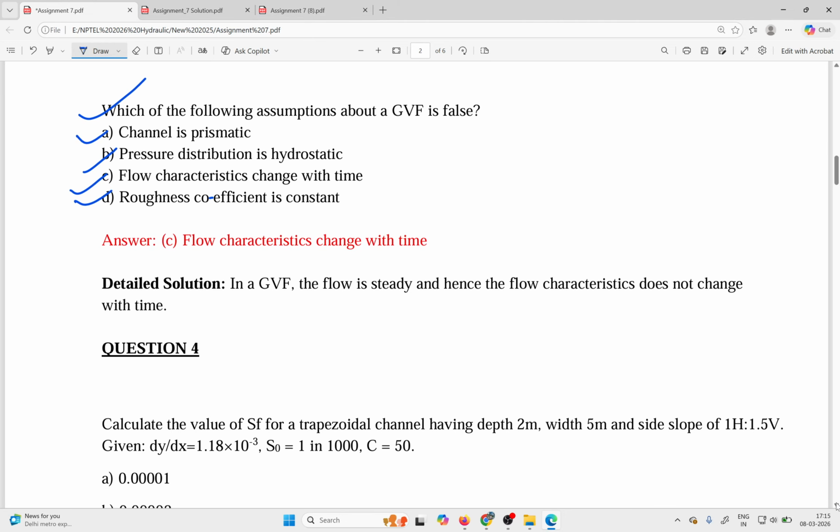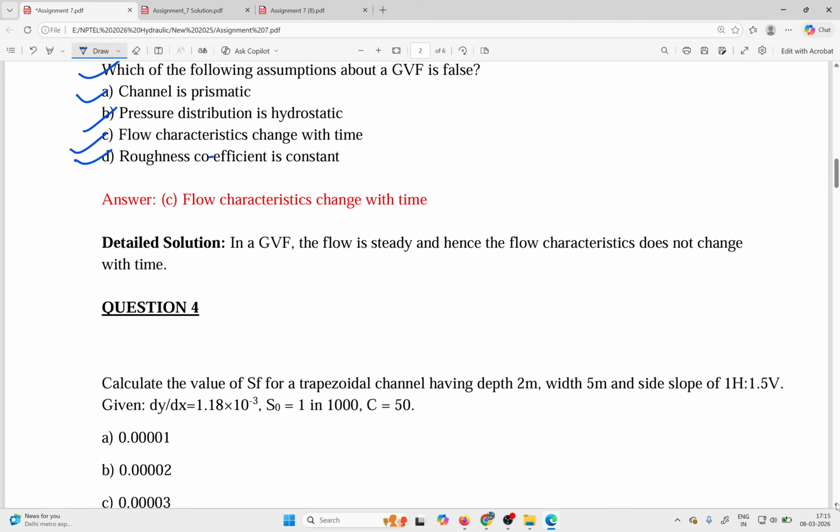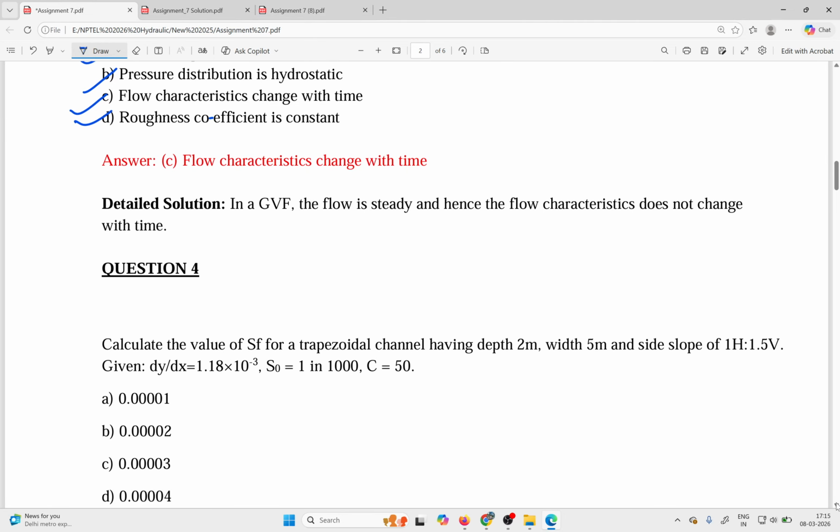Next question is a bit calculative. So be ready with your calculator, your copy, and pen. If you are preparing for the GATE examination, use the GATE calculator. Otherwise you can use your normal calculator, no issue. So now calculate the value of SF. SF here is your energy slope